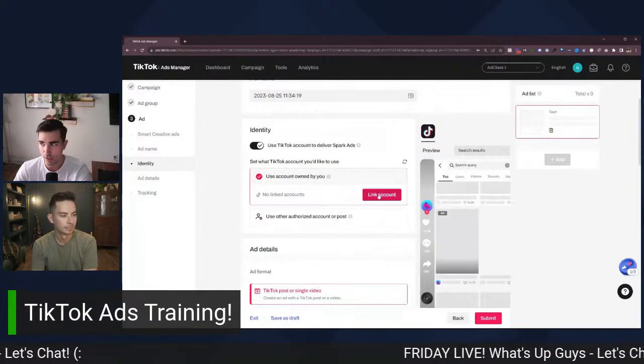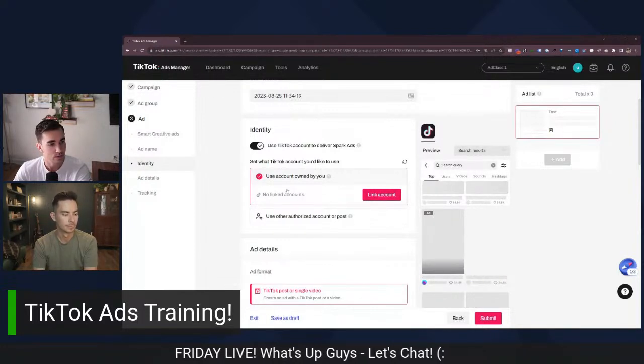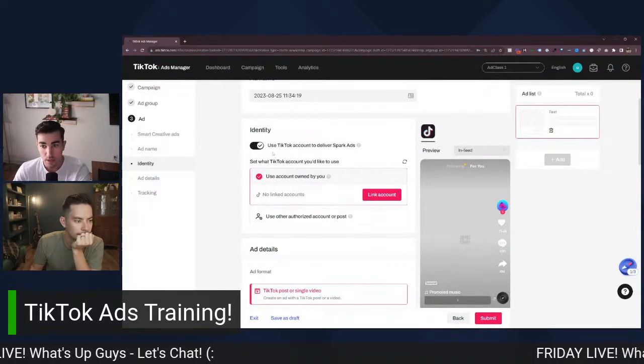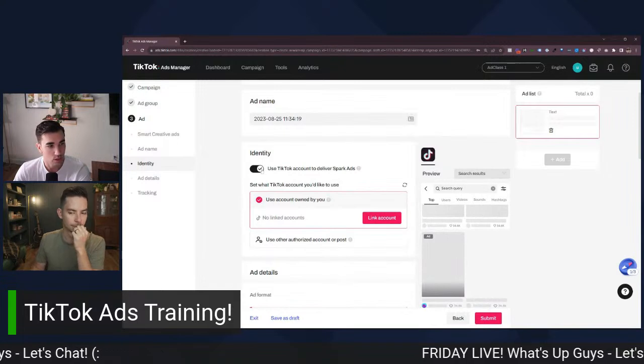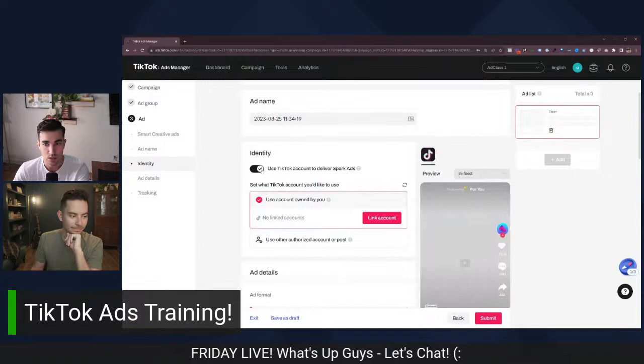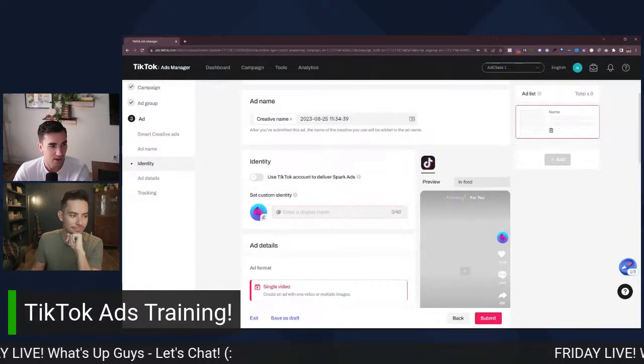So I haven't linked our account here, but that's probably what you want to do so that when people see your ad, they can actually swipe and view your page as well there. But you don't have to do that, which is the cool thing. So you don't actually even have to have a TikTok page created to run TikTok ads. You can turn this off and you can run from just a made up display name and send people straight